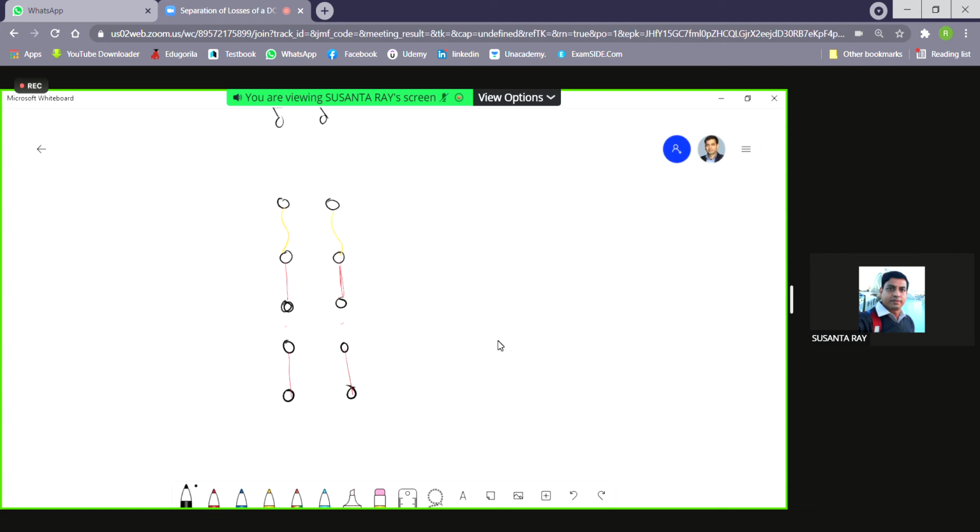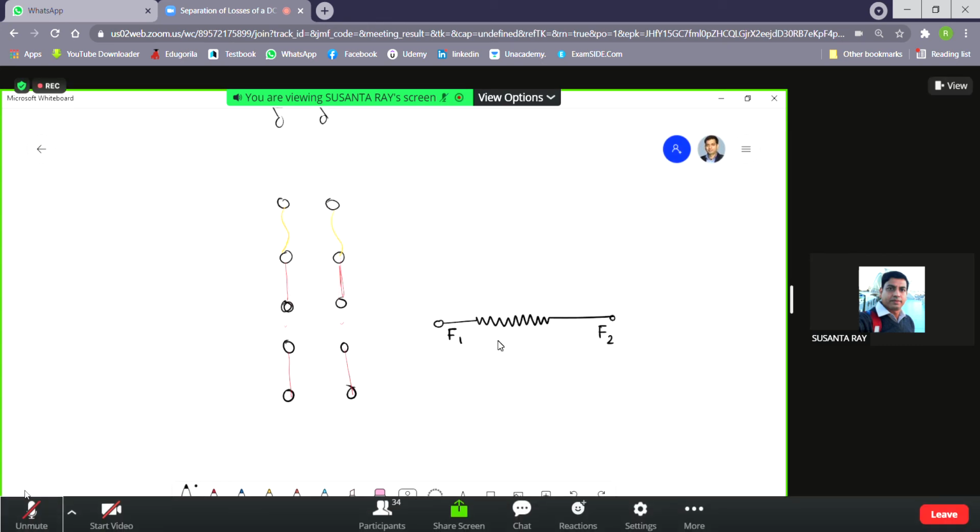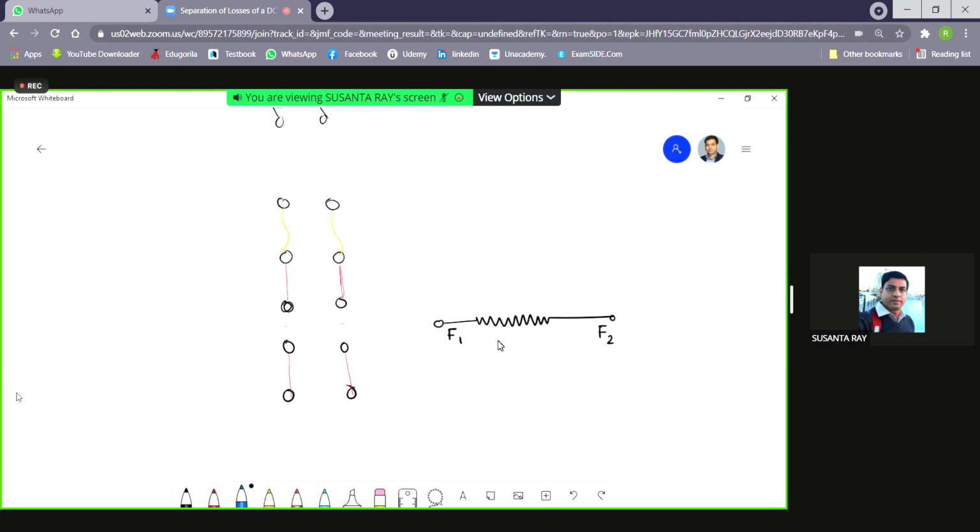Now what he has done: he has taken a rheostat, fixed ends F1 and F2. Listen carefully. You will not get a chance to understand this again in life, so understand it if you wish. If you think you won't understand, that's fine, you are welcome. He has connected this fixed end here, and this fixed end here. And the variable end, suppose this is a variable end. So this he has shorted here.